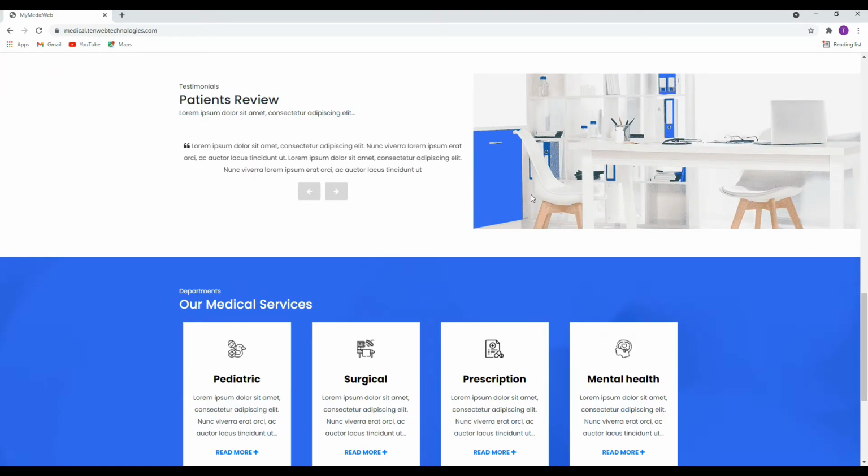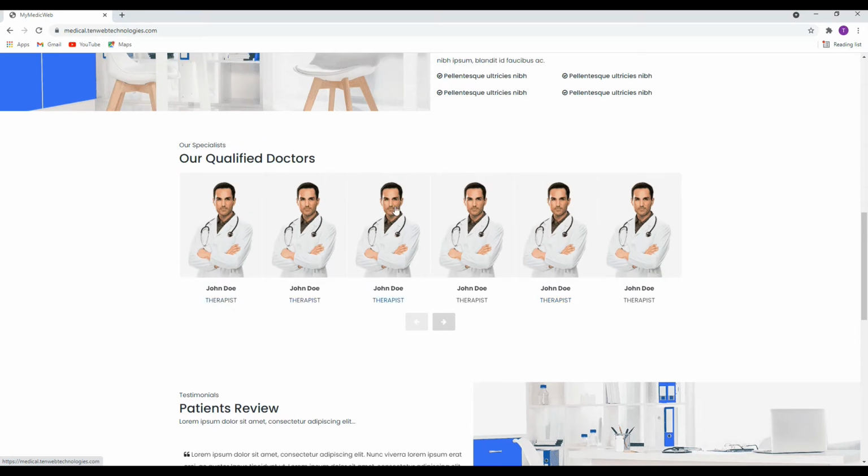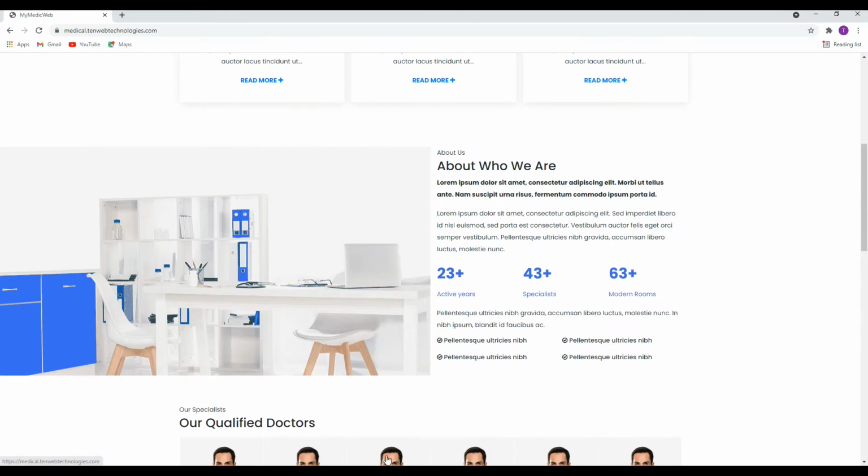So you can see it's a slider, and also for qualified doctors, that one is also a slider. So without much ado,